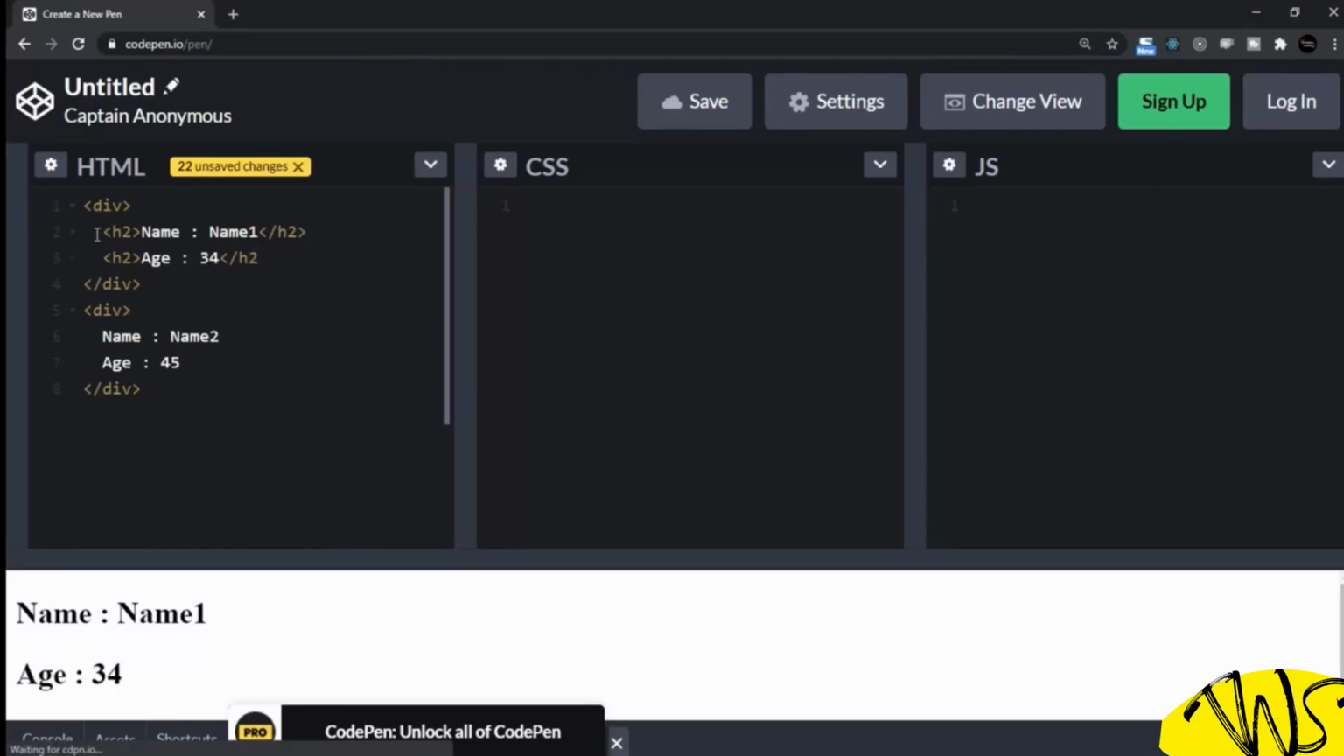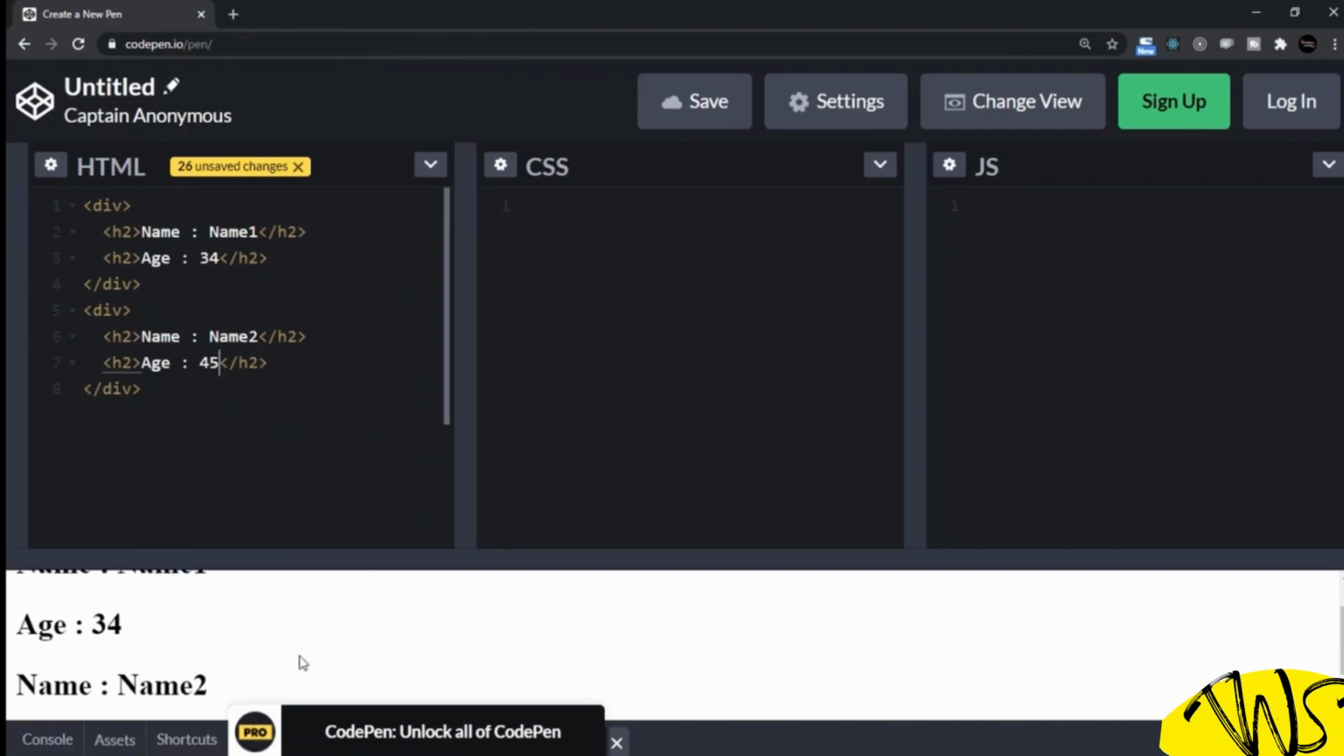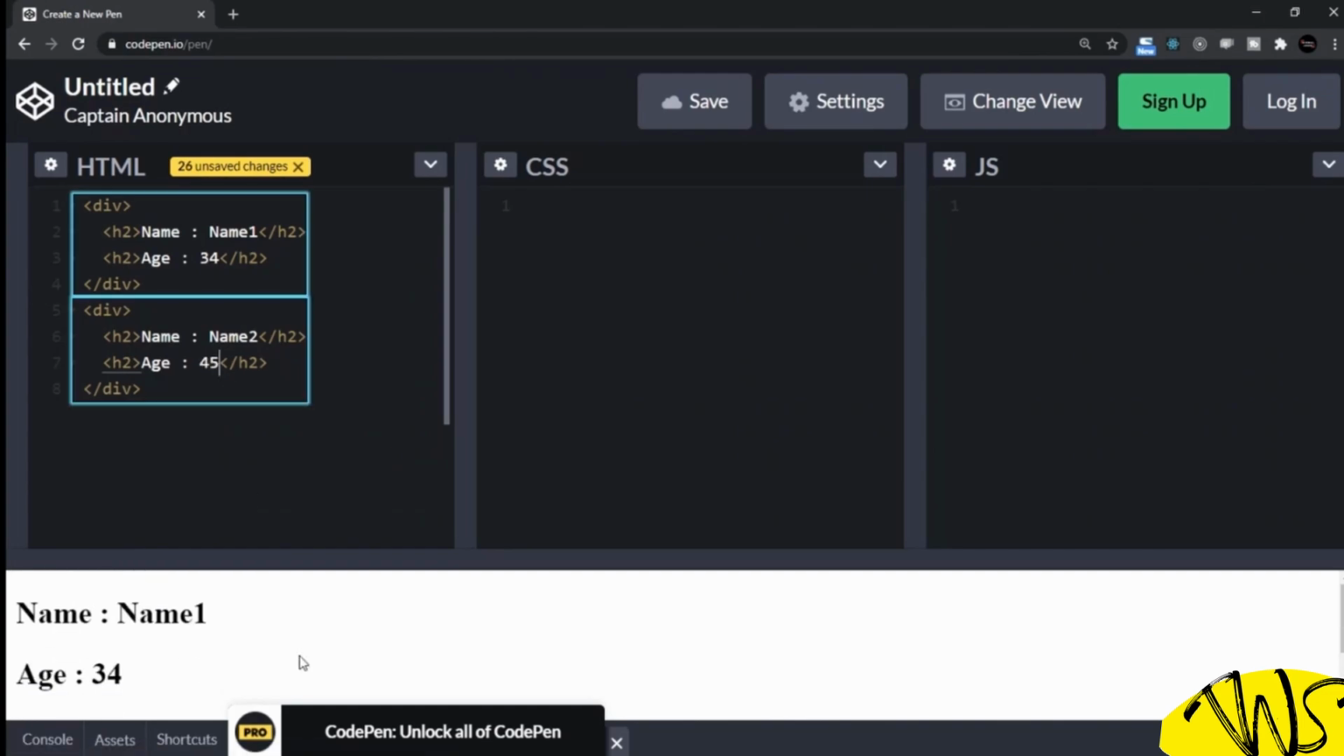So this is also H2. We want to display data in this format. Now, because I want to apply the same format, let's take the same thing here as well. And this is going to be name2 and let's say 45. So at the moment we have two different records which we want to show, and that is also getting displayed